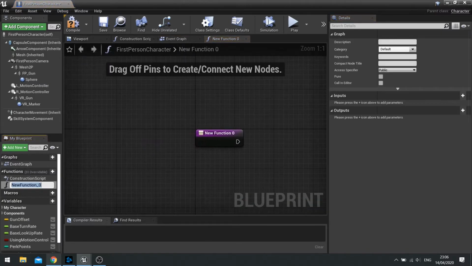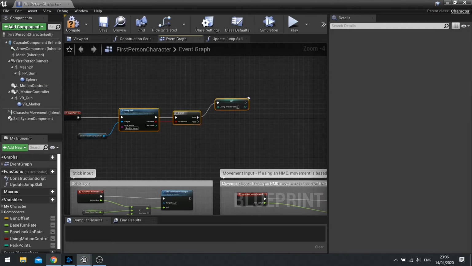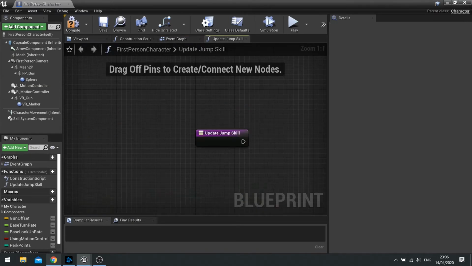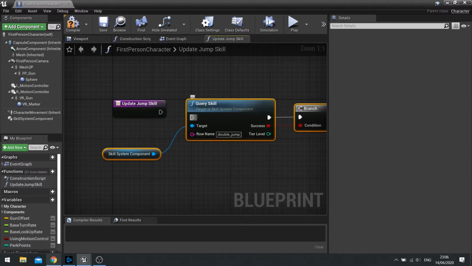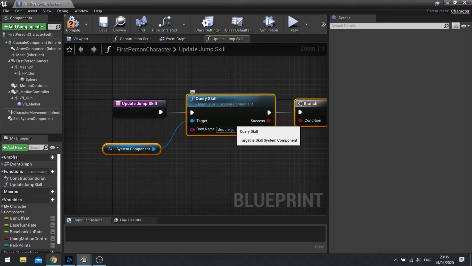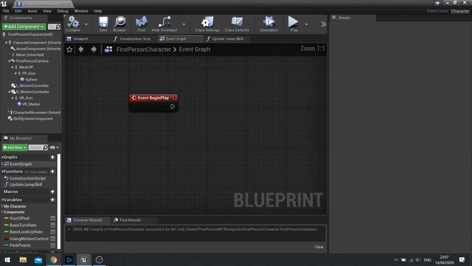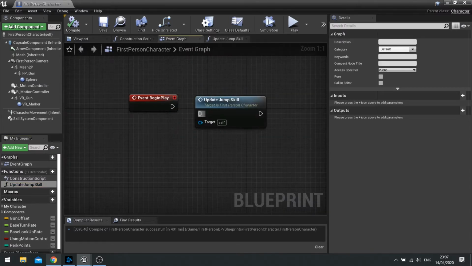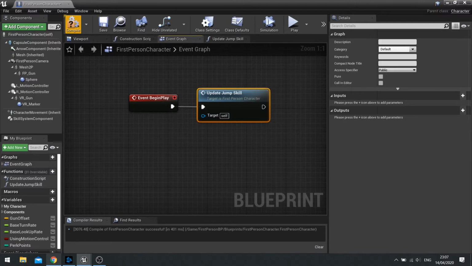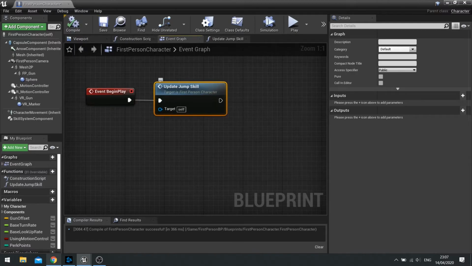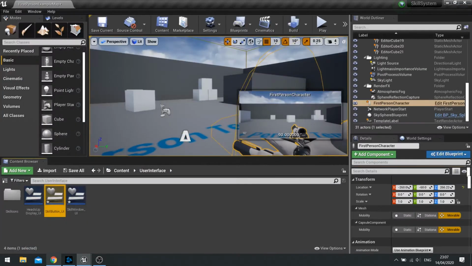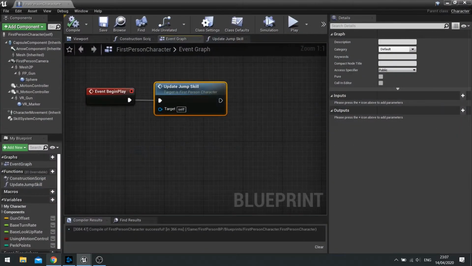So we're going to do update jump skill, and we're going to copy this code here, or cut it and put it into this function. Then on event graph on begin play, we can drag that function out onto it. So once we update the jump skill there, go back to our skill button,